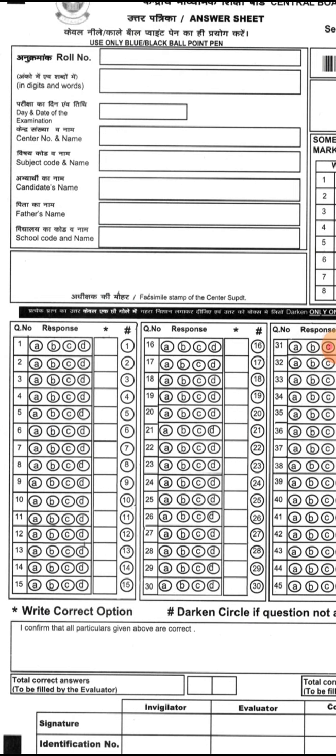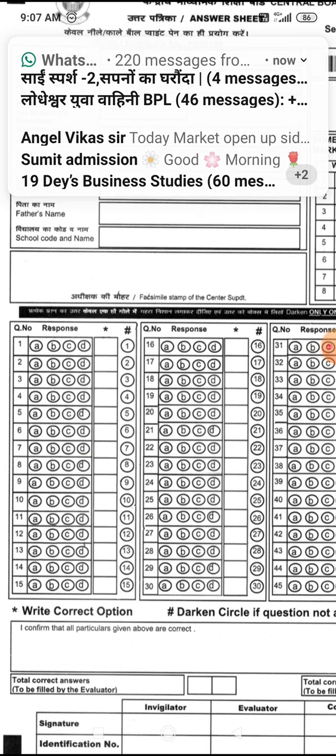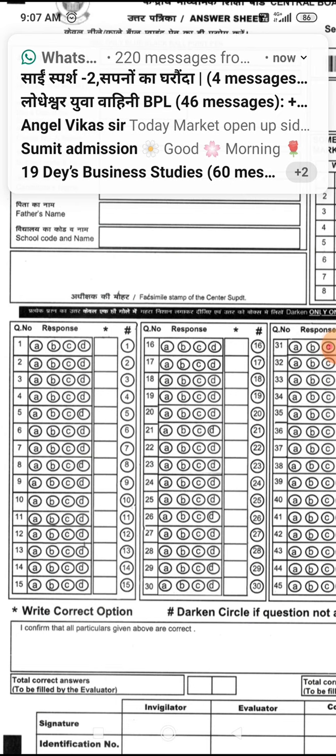Suppose for example question number 1 you are not attempting, you have to encircle question number 1 on the hash circle. And if you are attempting question number 1, you don't have to encircle the last hash circle. Okay, so this is how you have seen the question number, then response.